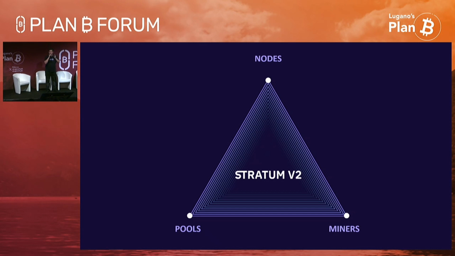So just a quick start. What is actually Stratum? You have a mining machine, you have a pool, and Stratum is basically just a set of rules for how those two parties communicate with each other. It's very simple. It just rules how the machine talks to the pool and how the pool talks to the machine. So you're saying, but wait, it's already working, right? We have millions of machines running around the world. We have mining pools. Why do we need some version 2?